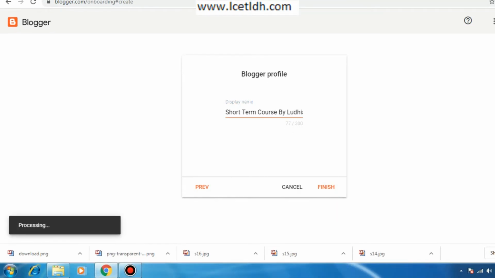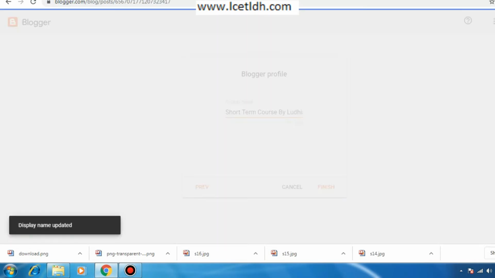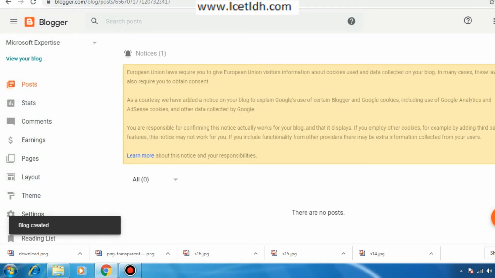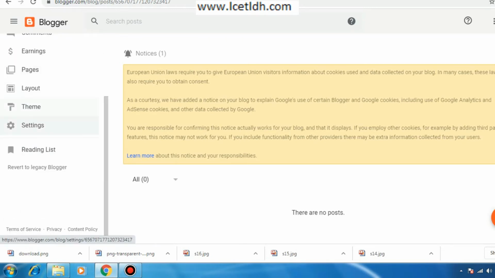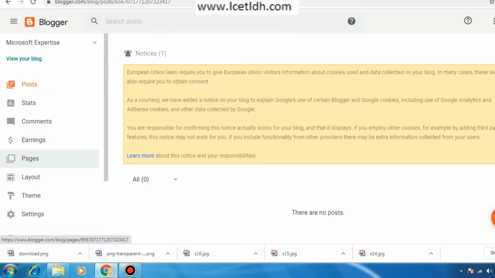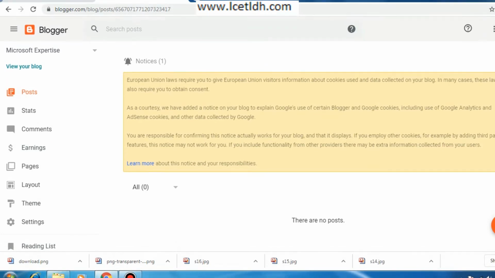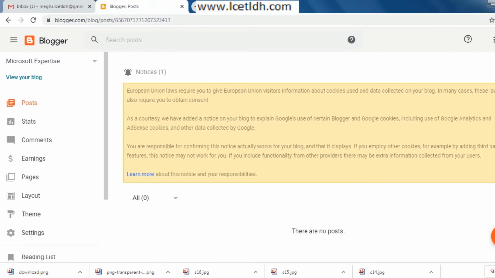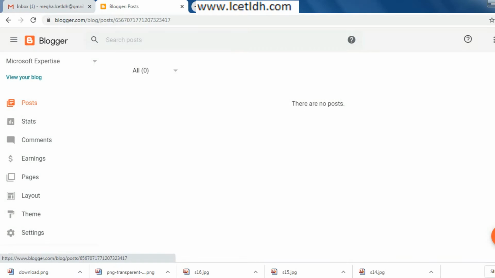After the processing completes, it will take me to a page where it actually would look like this. You can see this particular page will open when you complete all the formalities. And afterwards, you can see this was the name that I have given to my particular blog. Now if I want to enter a post, how can I enter a post onto it? I'll simply click onto the post.